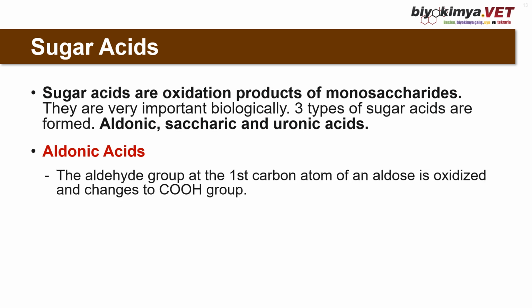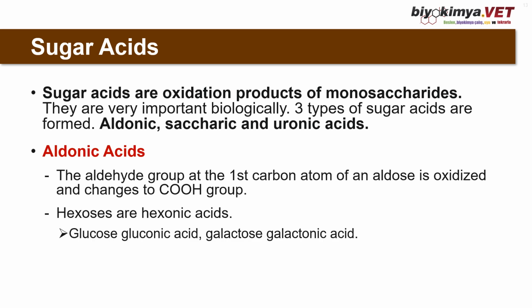Aldonic acids, how they occur. The aldehyde group at the first carbon of an aldose, which carries the carbonyl carbon, is oxidized and changes to a carboxyl group. So in general, if it's a hexose, we call them hexonic acid. If it is glucose, gluconic acid. Galactose, galactonic acid,